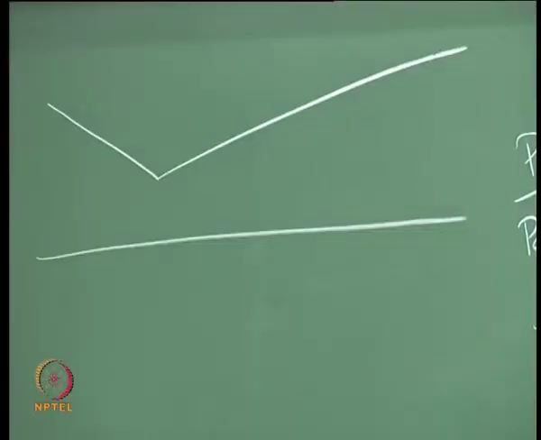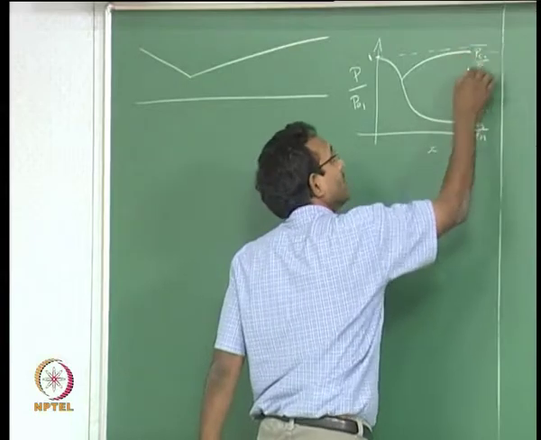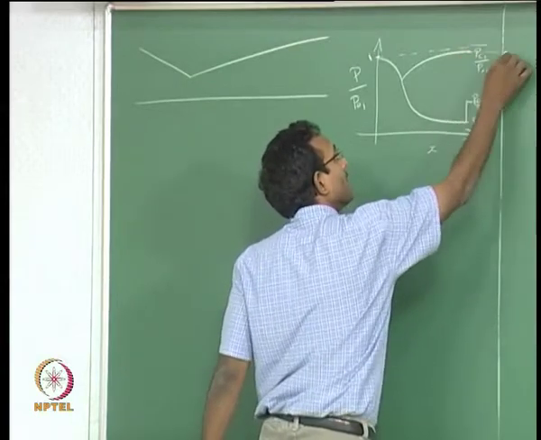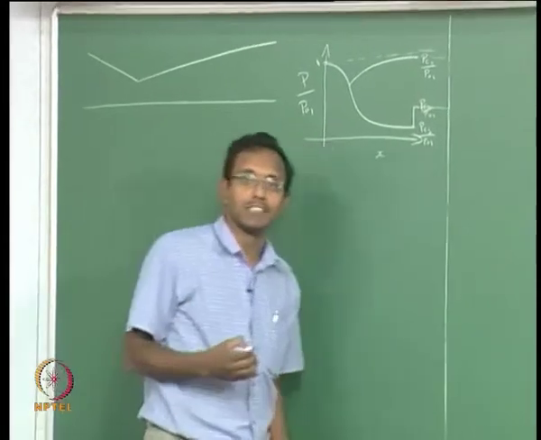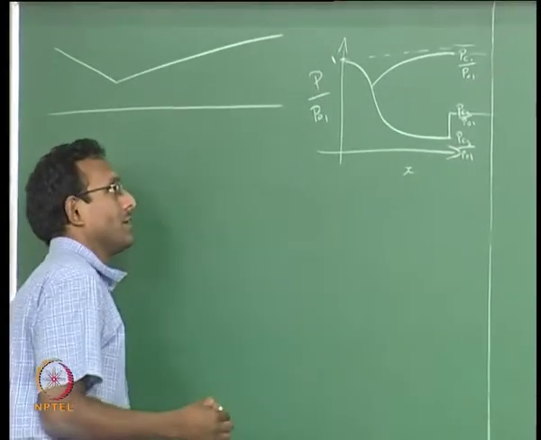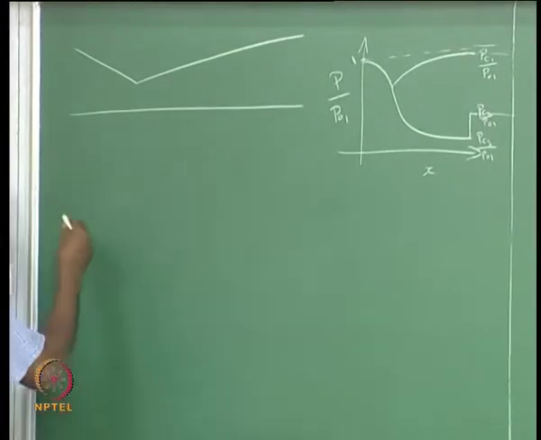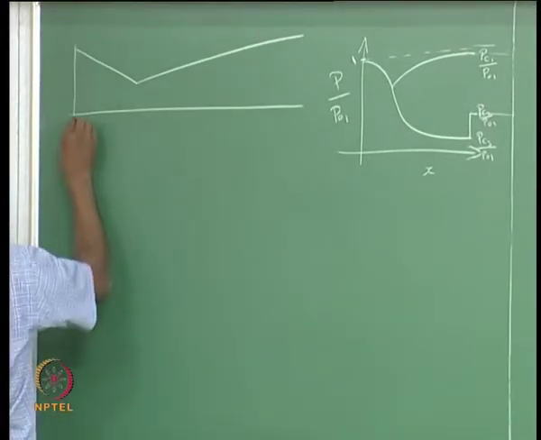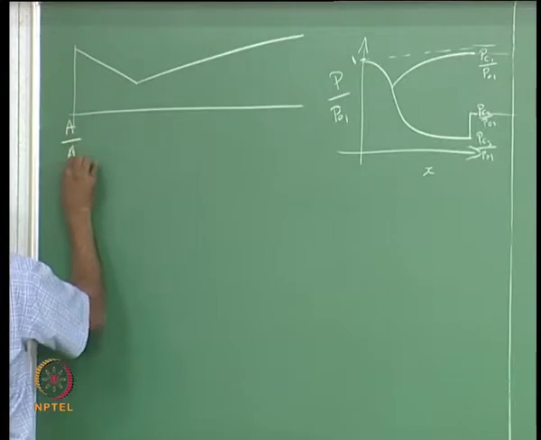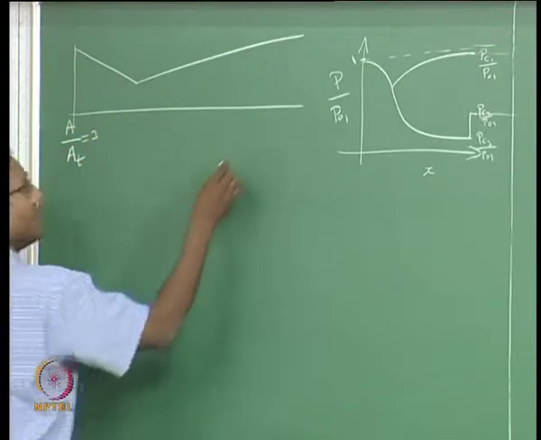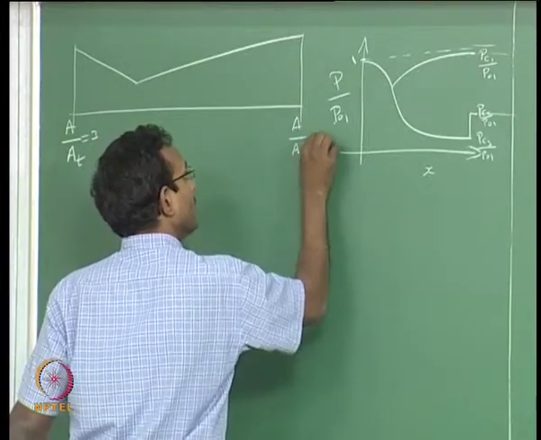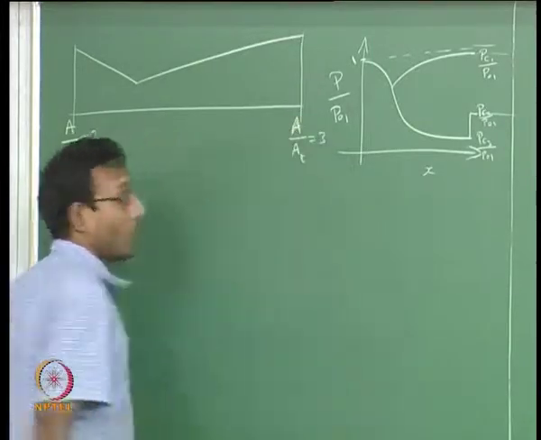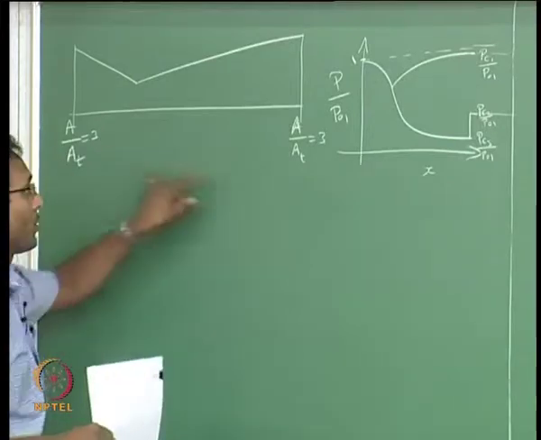A more critical problem to solve will be the case where I am in between these, in between critical pressure 1 and critical pressure 3. So we will pick up that particular example today and start solving the problem. Okay. So I have picked a particular nozzle where I am going to say I am starting with A by A throat equal to 3 and ending with also A by A throat equal to 3. I am not telling anything about whether the throat is choked or not.